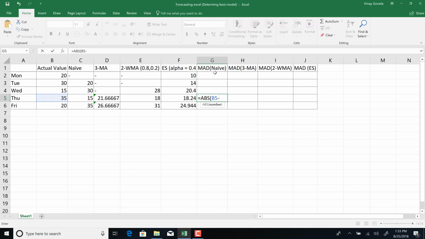So you are using the naive approach, so I will select the forecasted value of naive, that is C5. So I will close the parenthesis and hit enter. So the error we made is 20. It makes sense. See, actual value is 35 and you forecasted 15, so the error you made is 20. So if I drag this, the actual value for Friday is 20 and you forecasted 35, so the error you made